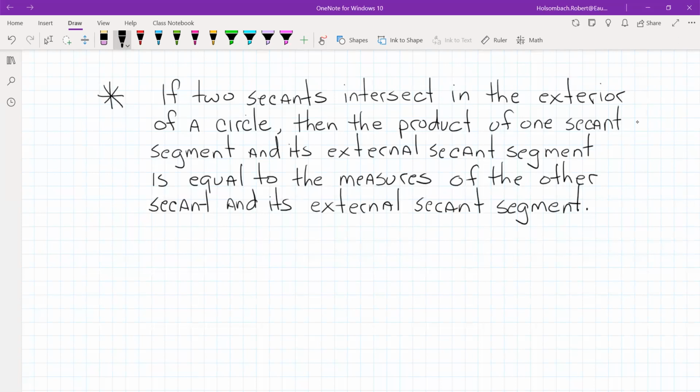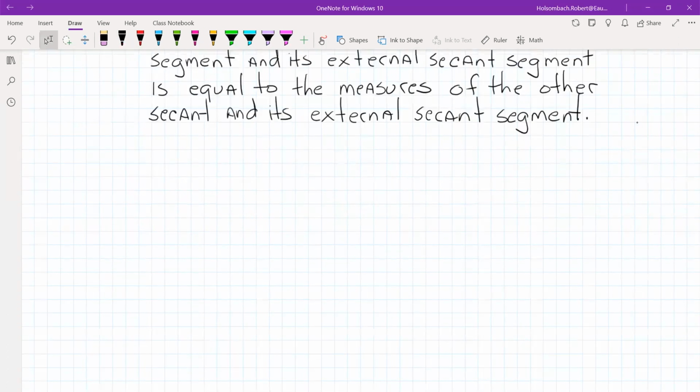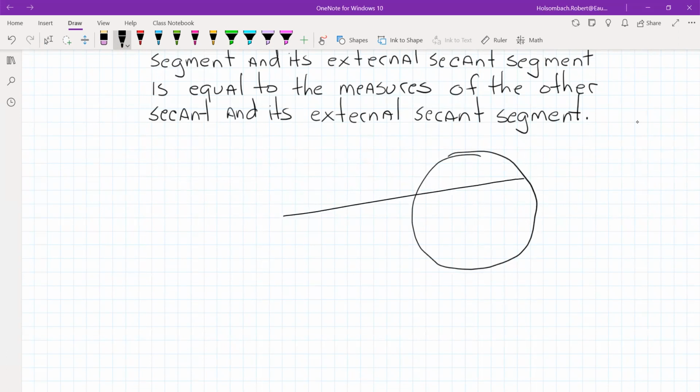And this picture is going to make a lot more sense. So if we draw a diagram, and we've got this going on,